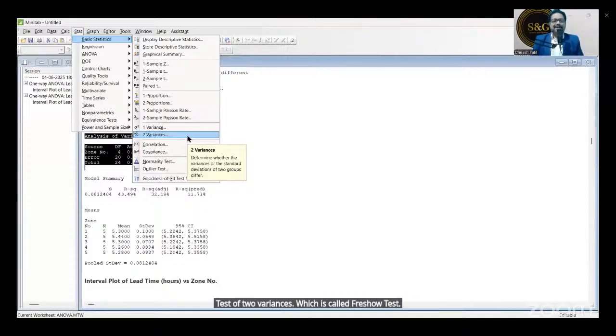Click on two variances, everybody. We have to manually enter the data. So you can open any file and do this. Whatever file you used for ANOVA, the same file you can use. Just click on that.